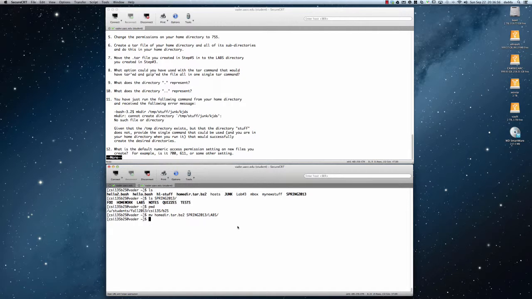If you wanted to use the absolute path name, and so let me move this back, spring labs, homedir, and I'm going to move it right back here to the current working directory. And so that's what this command has just done. I basically moved it back out of the spring 2013 labs directory and put it right here in my home directory. What I could have also done is I could have said move, and I could have said homedir.tar.bz2, and